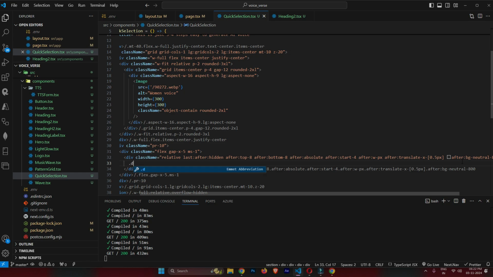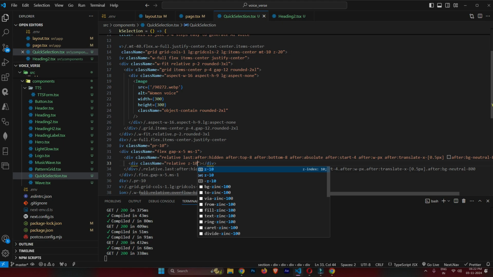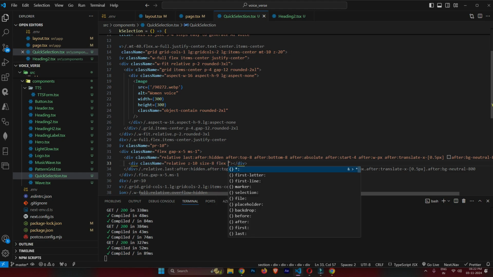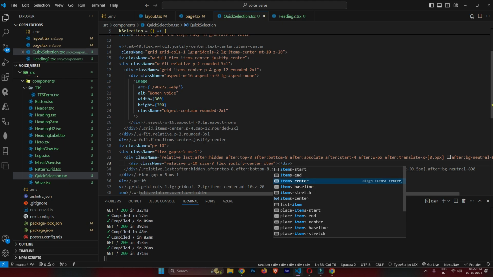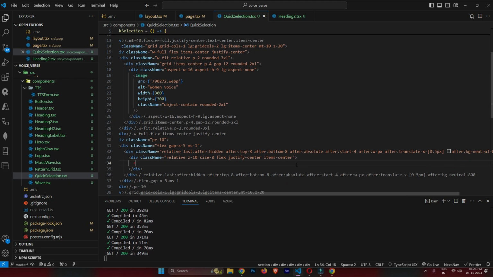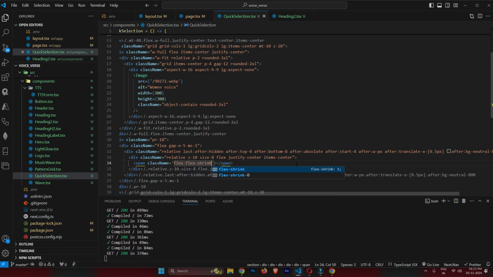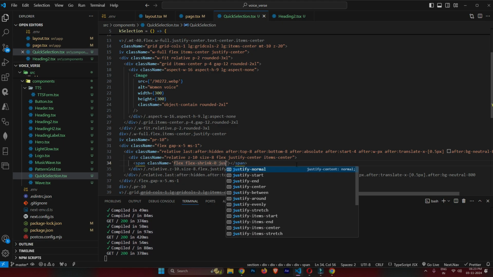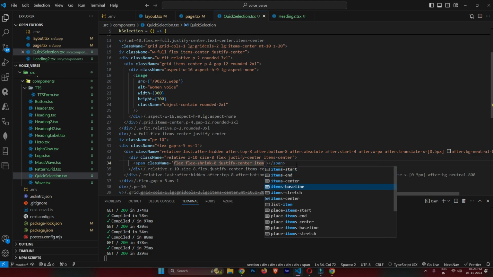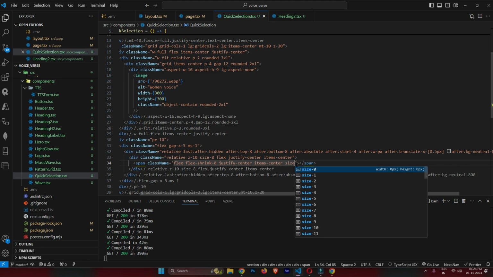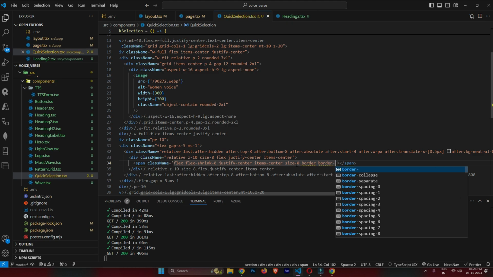And we have another div, and this div has z10, size 8, flex justify center, item center, flex shrink-0, justify center, item center, size 8, border natural 800,